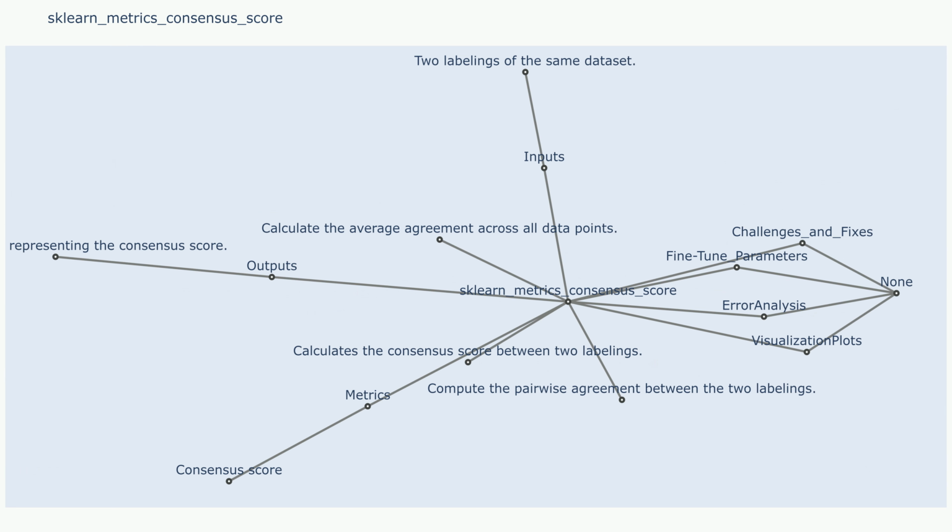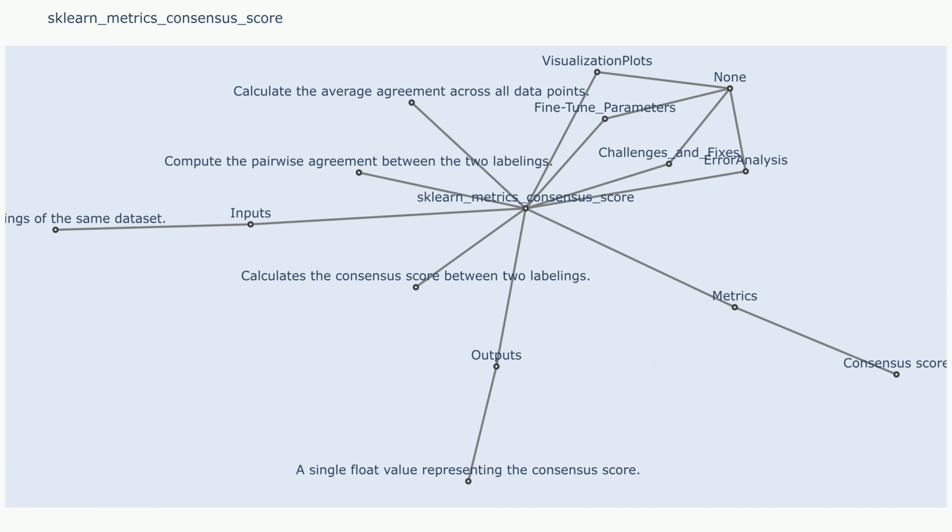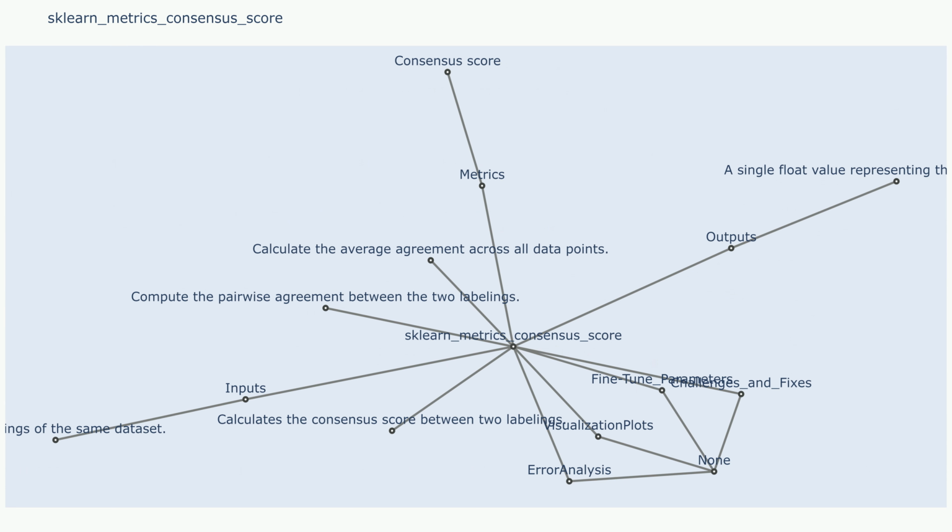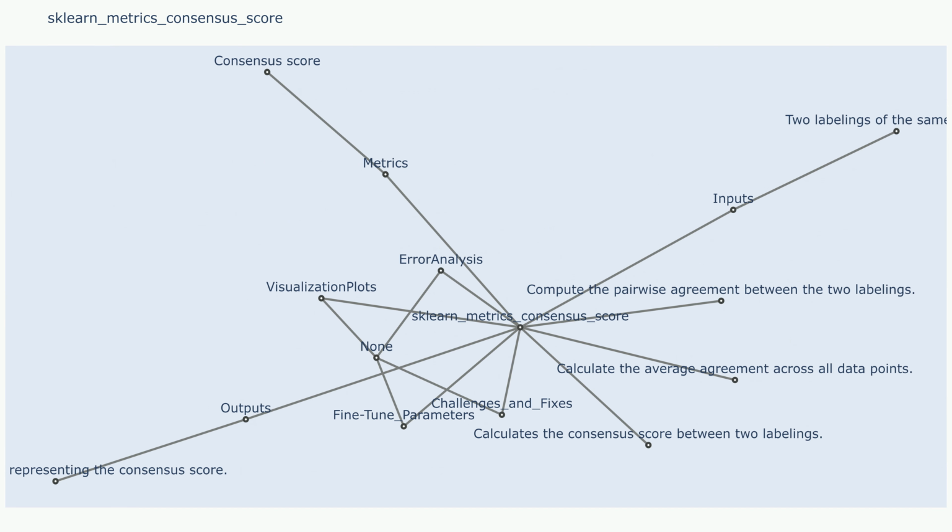Challenge 2. Interpretation of low consensus. A low consensus score doesn't necessarily mean the classifiers are all wrong. It could indicate that the underlying task is inherently difficult or that the classifiers are specialized in different aspects of the data. Sample use case that resulted in challenge 2. If you have classifiers trained on different datasets or with different objectives, they might have differing predictions even if they are all performing reasonably well.